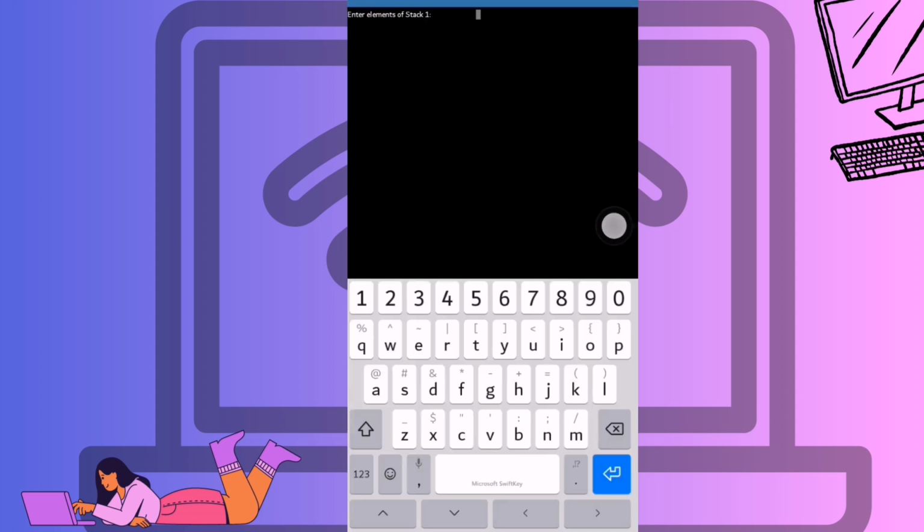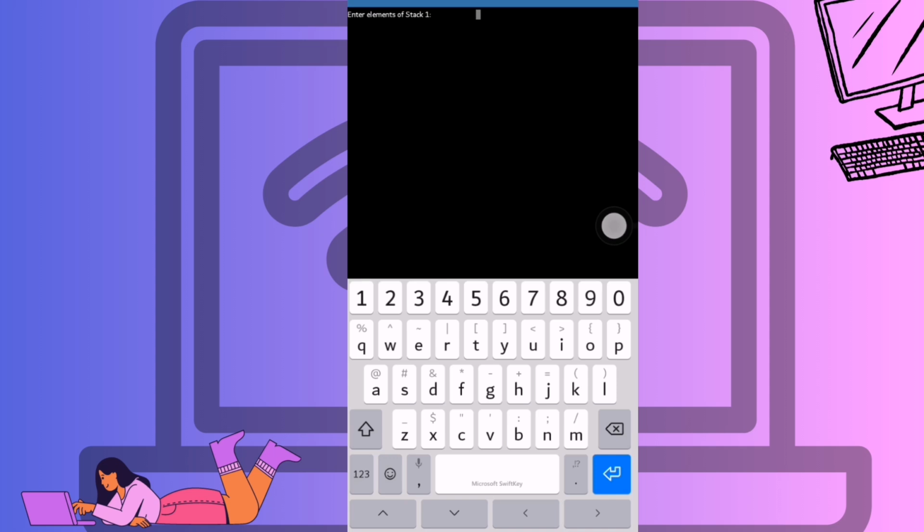This program allows the user to enter elements into 3 stacks, then tries to equalize the height of these stacks by removing elements from the tallest stack until all stacks are the same height, or it becomes impossible to do so. The process is repeated until the user chooses to exit. So first, we will just enter an element.